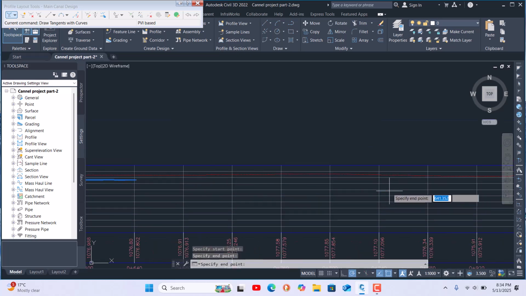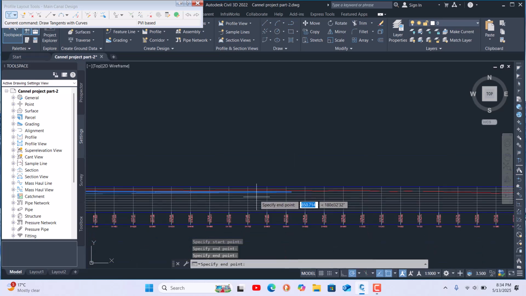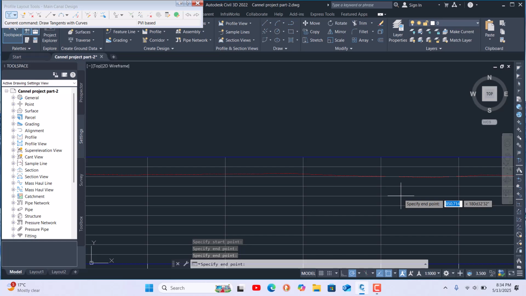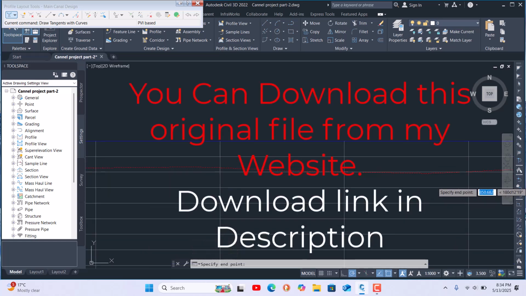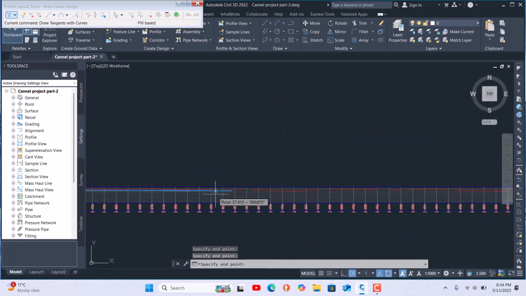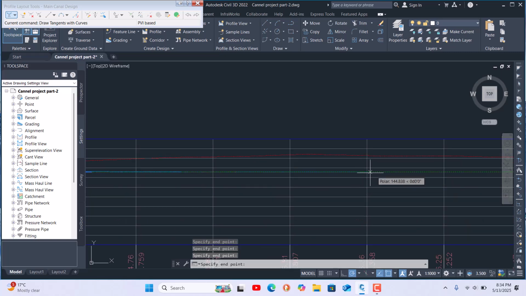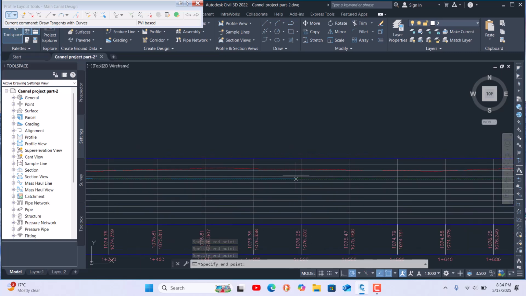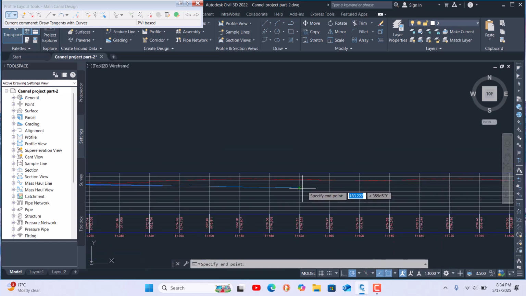Just a lump sum, not much cut and fill. And also be careful about the slope, because a gravity canal requires a slope too. Here around this area, I'm just doing it for explanation purposes. If you do a real design, then you should be careful about this.